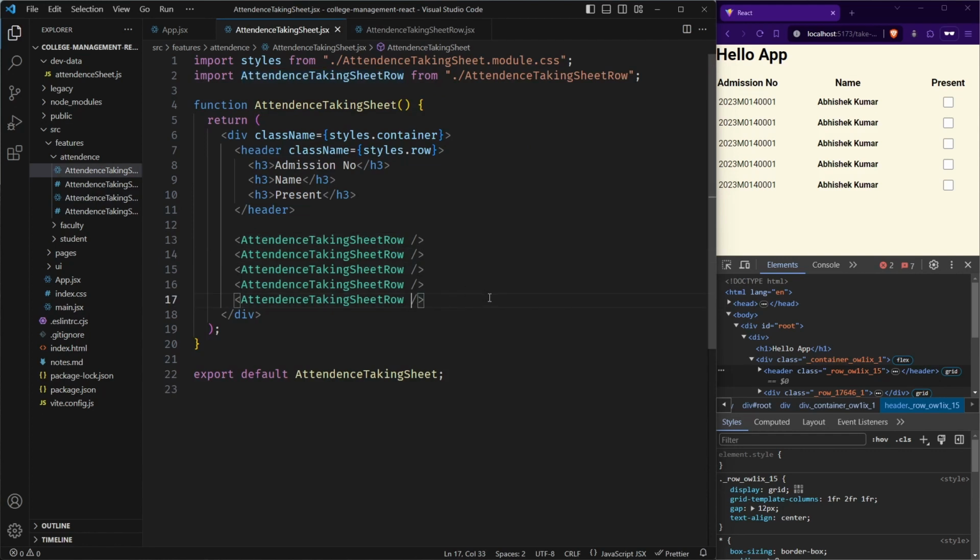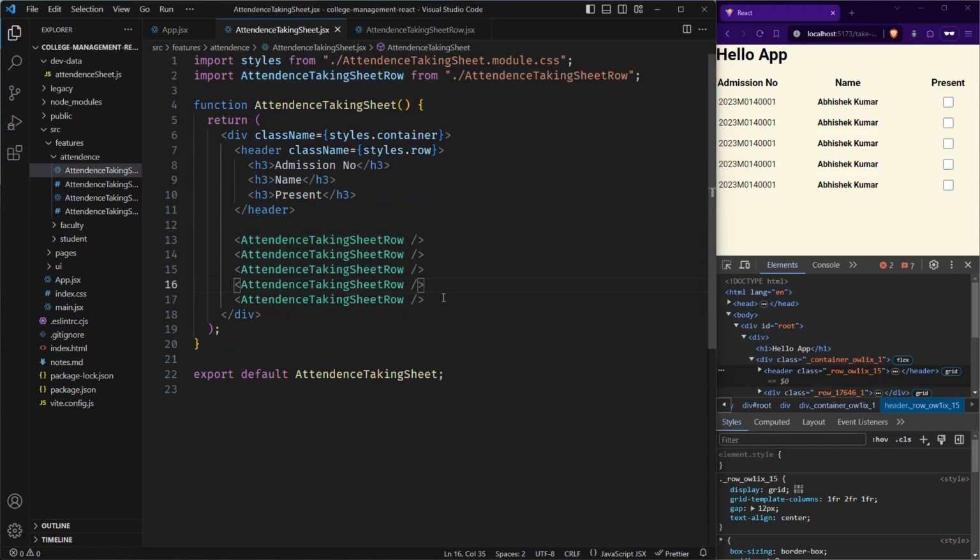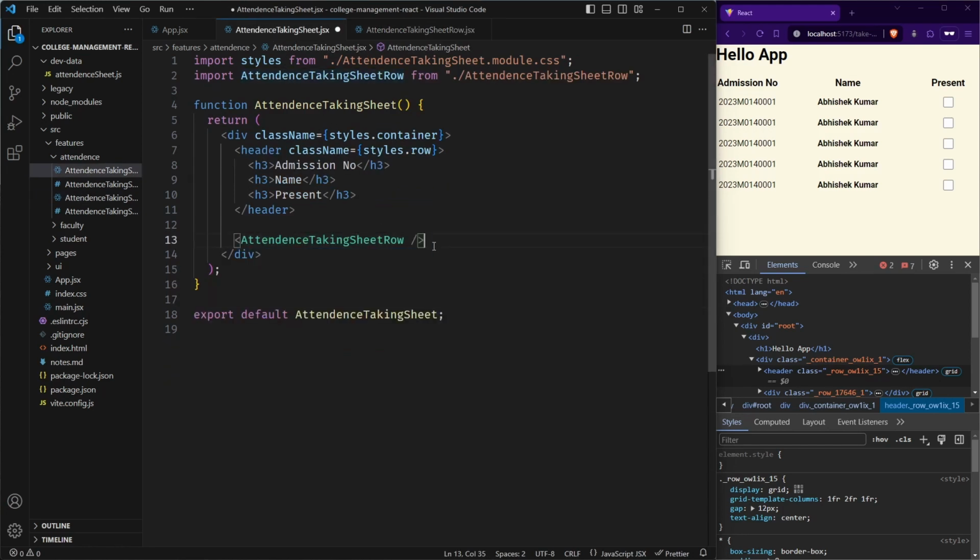So I hope you see how this React thing makes the difference, right? So earlier we were also doing copy pasting before, but it was static. Now we can make it dynamic, and this is a lot easier to see. We know that we are rendering 5 rows here, but if I copy paste this thing 5 times, it will be a mess. I hope you are getting what I'm trying to say. Let us now make it reusable.